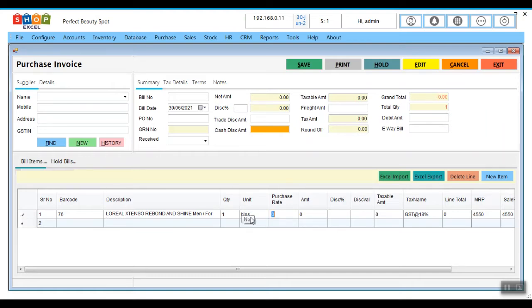Enter the quantity, enter the purchase rate. We need to enter who has received these products, enter the bill number, then click on save. Automatically the stock will get updated for this particular item. This is how you enter a purchase entry.